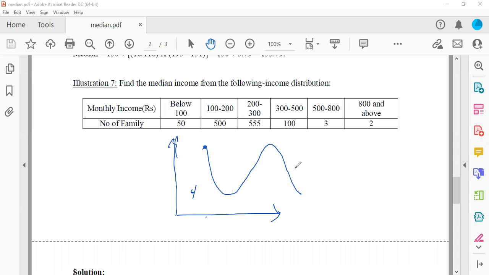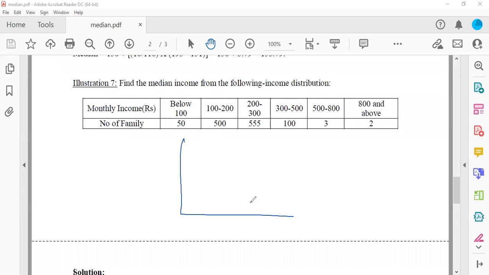If you try to draw, similarly, there is another extreme. For example, this is also an extreme frequency distribution pattern, with higher values having higher frequency. In general, this is not the standard characteristic of a frequency distribution pattern. In real practical applications this never happens. But you see here, maximum frequency arises in the extreme values, either in the upper limit or in the lower limit. Luckily, in this example, there is an upper limit.